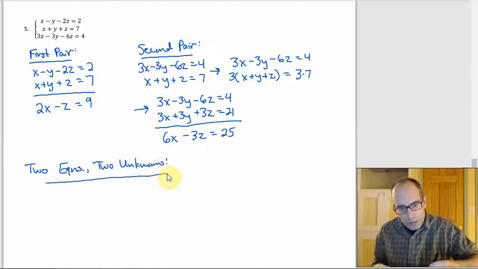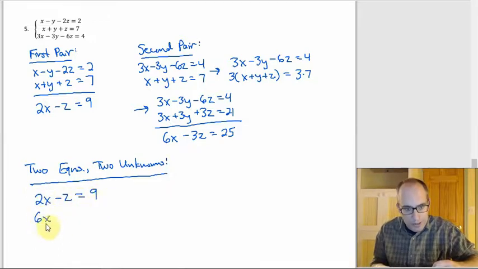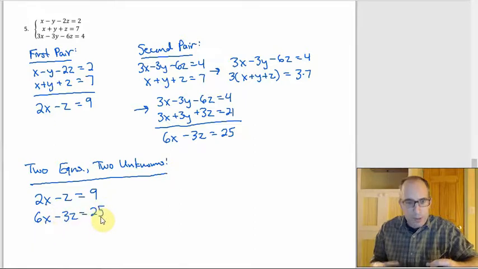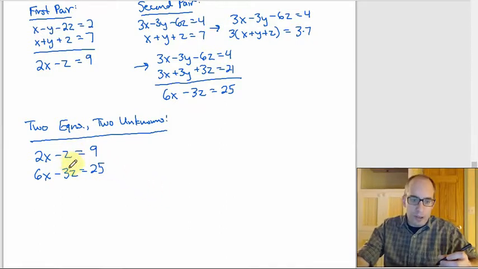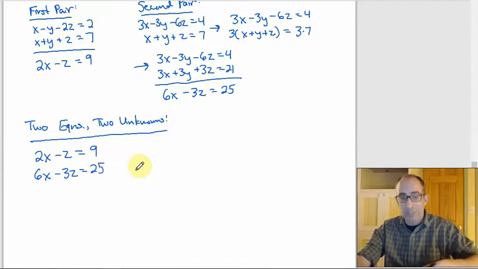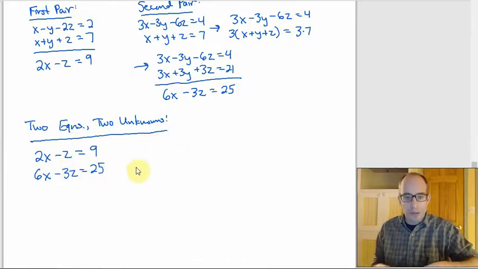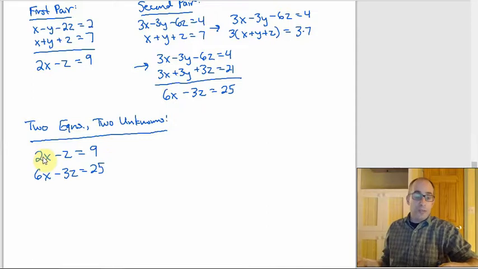All right, so we've got x and z, right? So 2x minus z equals 9, and we've got 6x minus 3z equals 25. You might be able to see it here because the left sides are multiples, right? Like the bottom, this is 3 times what's up here, but that's not quite what's going on here, right? This is a 25, not a 27. So if you tried to eliminate a variable, I guess either way, if you tried to get rid of x